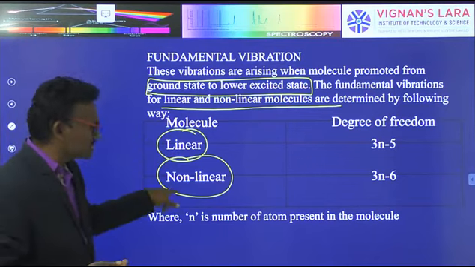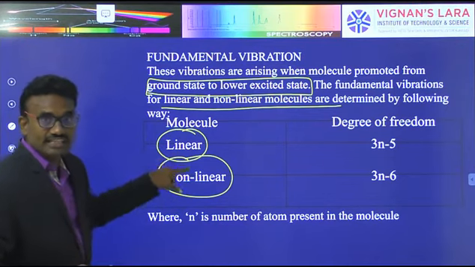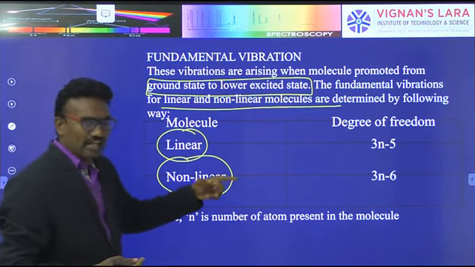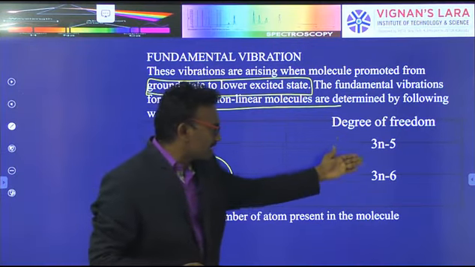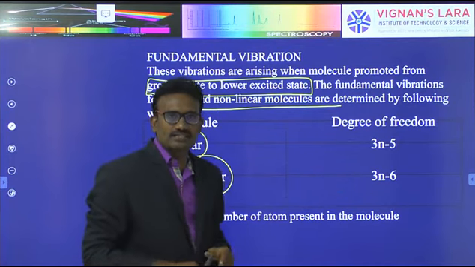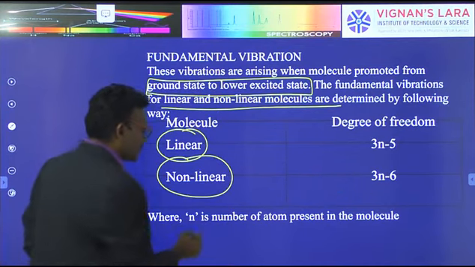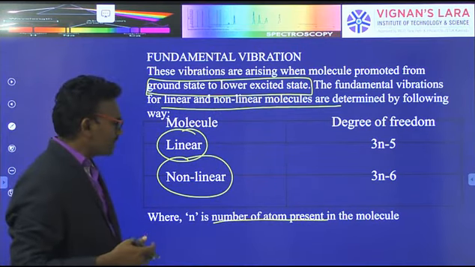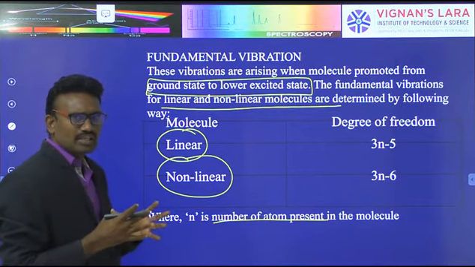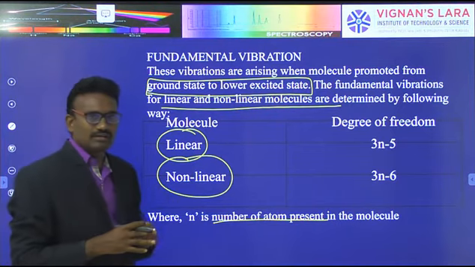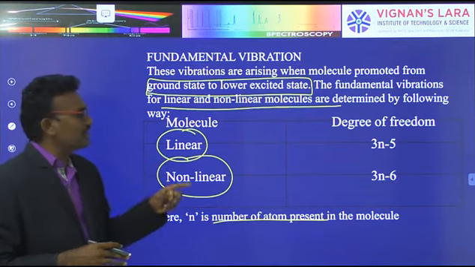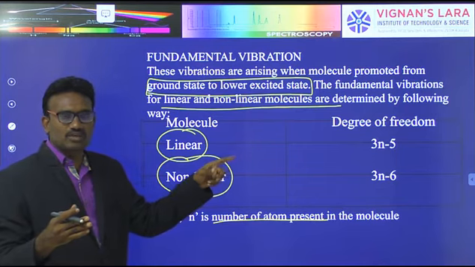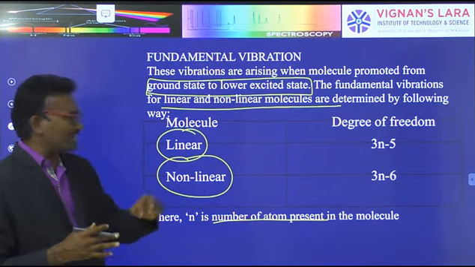Whether the molecules are linear or non-linear, when they have different atoms, they rotate or vibrate with degrees of freedom 3n minus 5 for linear and 3n minus 6 for non-linear, where n is the number of atoms. However many atoms there are, all atoms are vibrated by the light, because the light frequency and the molecular atoms' vibration frequency are matched to create the spectrum.